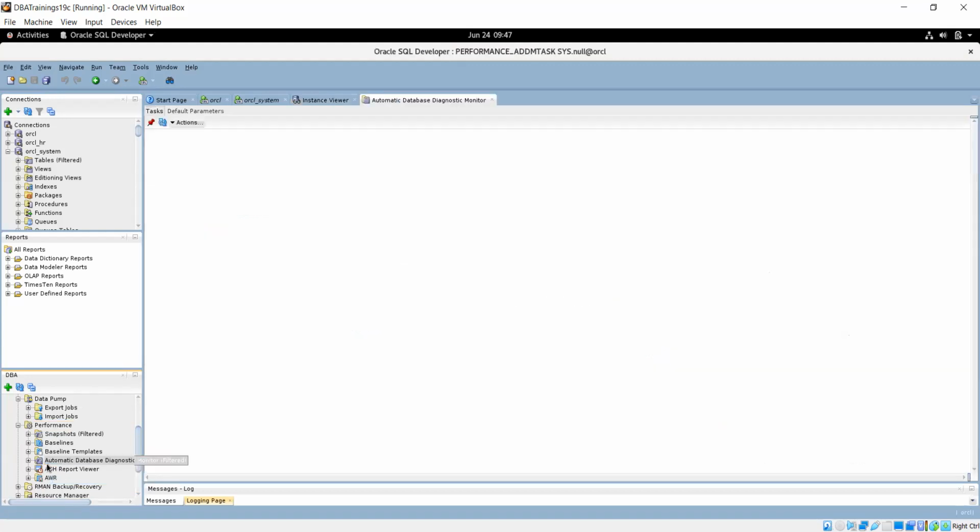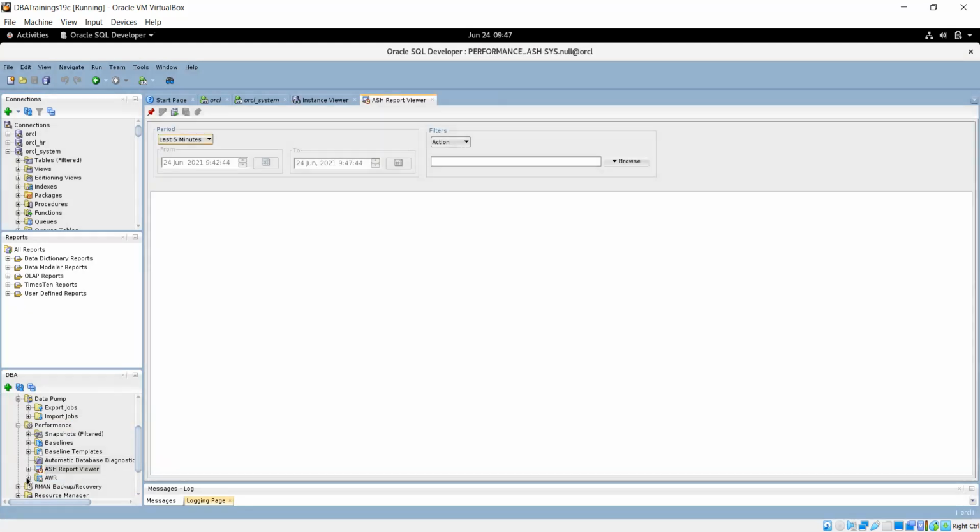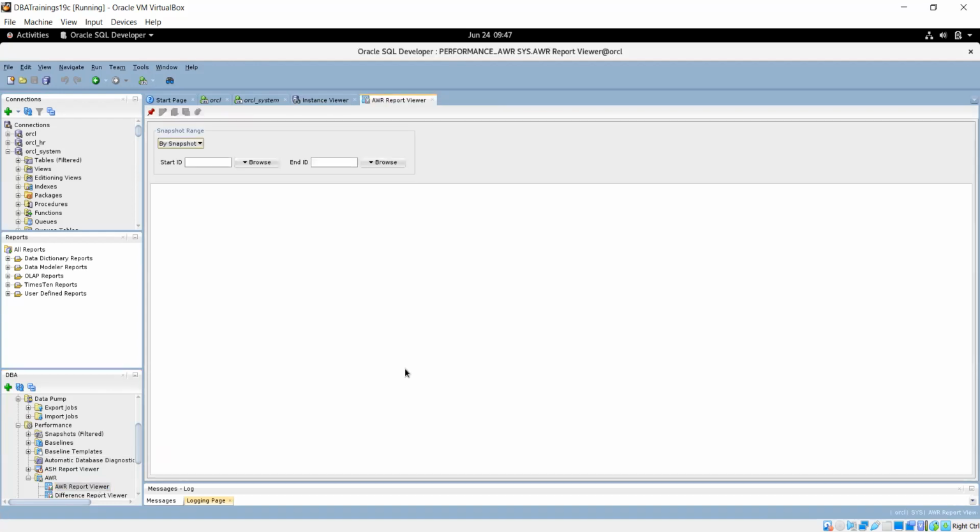These can all be possible as per my business need. We can see the AWR report. So you can browse the AWR, if generated, the snapshot that you are taking from the command line. These can all be possible.